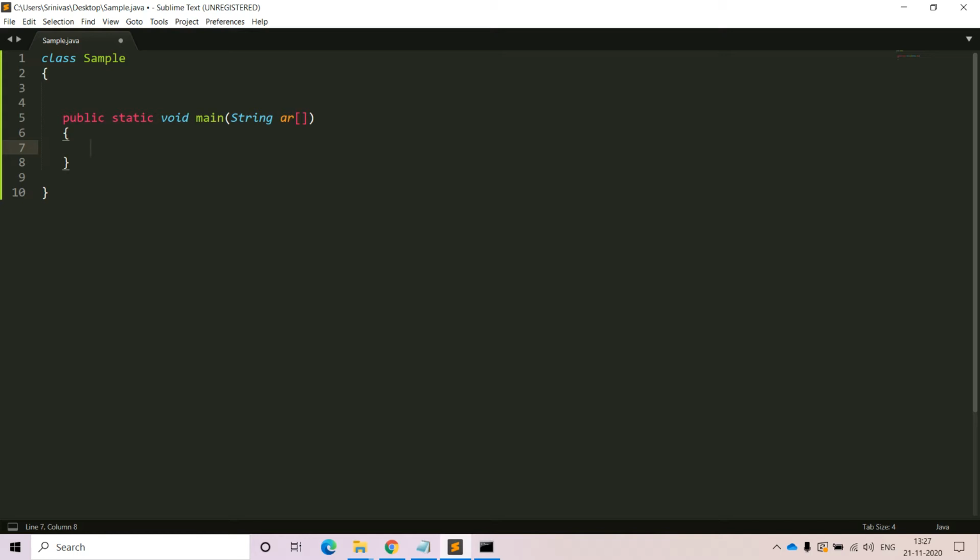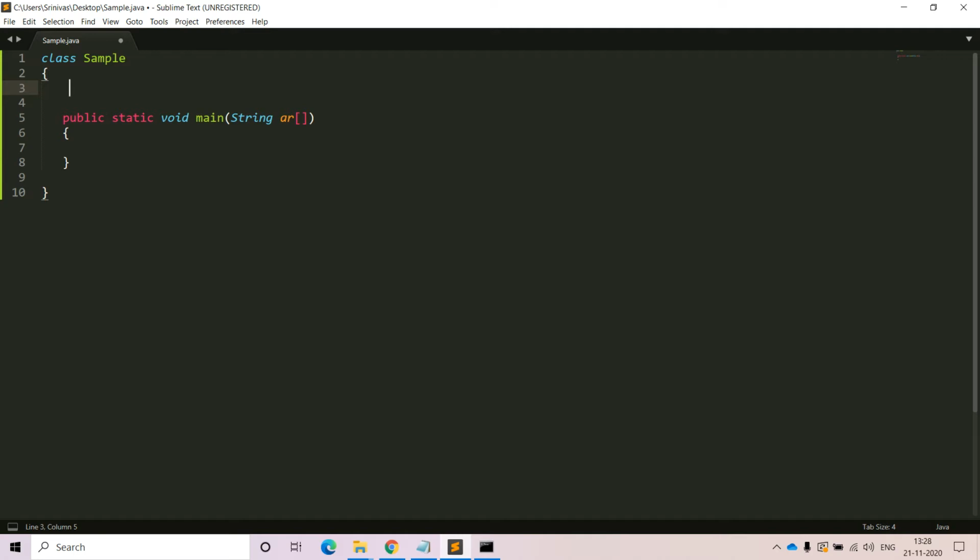As we already know, constant variables are also class level variables, so definitely we have to mention them in the class level context. Here the line numbers 3, 4 as well as 9 are the class level context. The candidates who did not go through the previous videos, please go through the instance variables concept as well as the static variables concept. Otherwise it will be very difficult to understand this constant variables concept. So it is better to go through the previous videos and after that come to this video. Within the class level context only we are going to define constant variables.